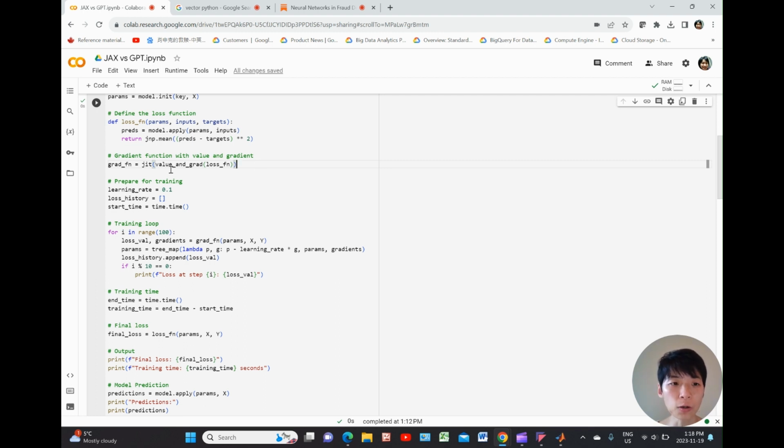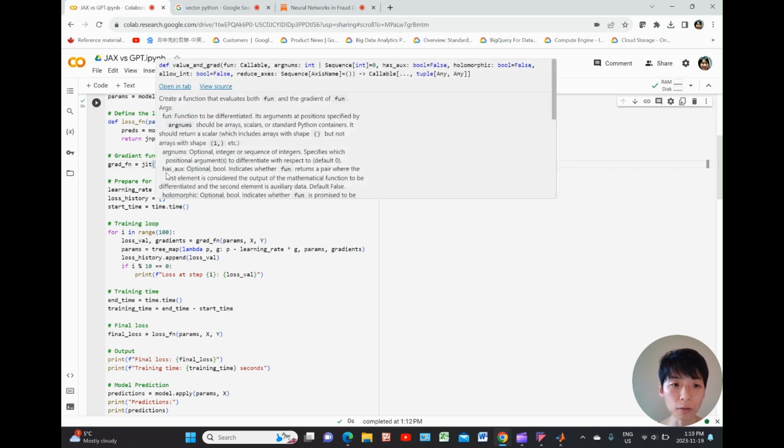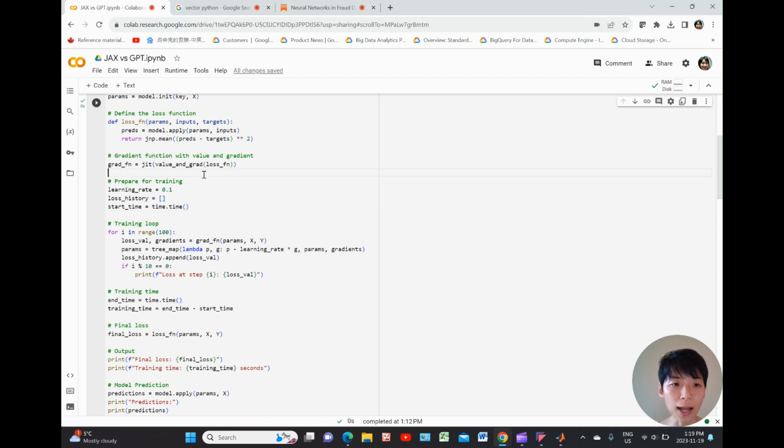performance. So this gradient function is being defined with the model's values and gradient. So gradient is the adjustments to its parameters to improve its performance. And we also need the loss function because the loss function tells the model how much it's off by. And this JIT right here is also important because this ensures the gradient function is ready just when it's needed